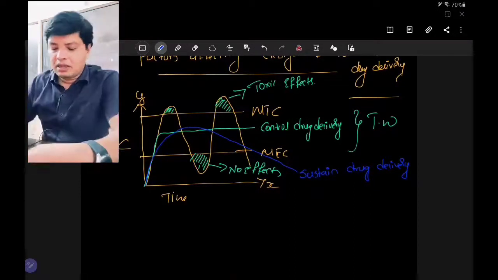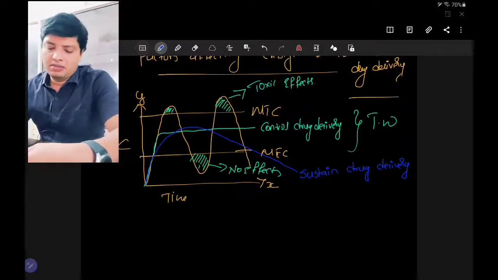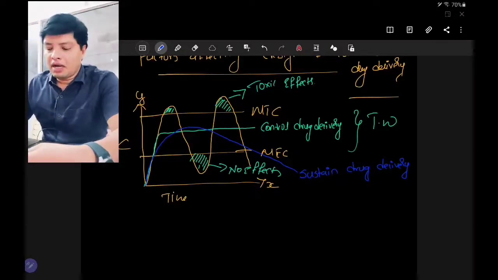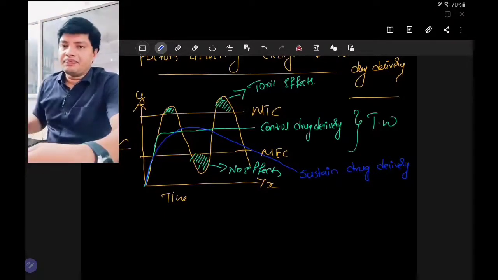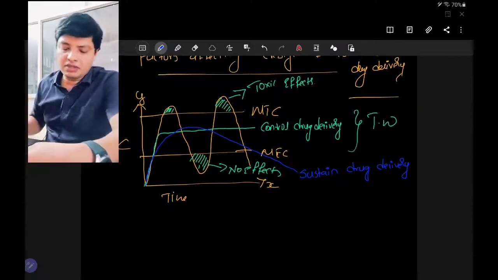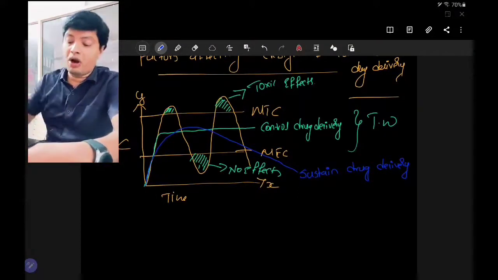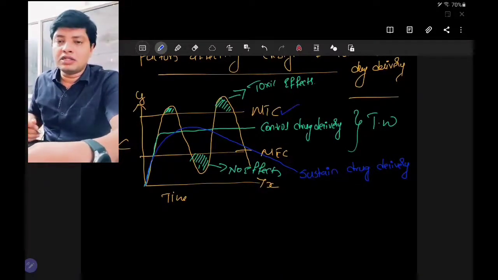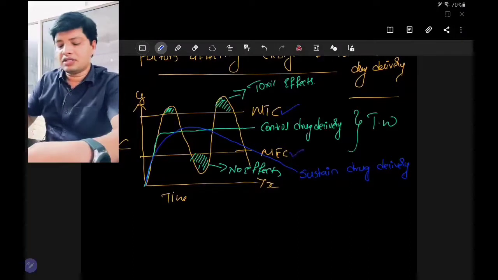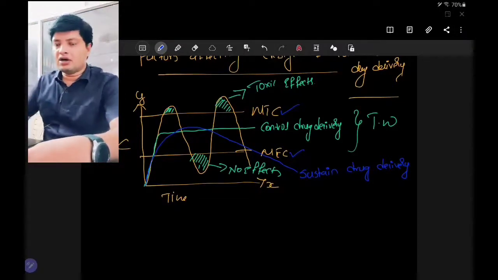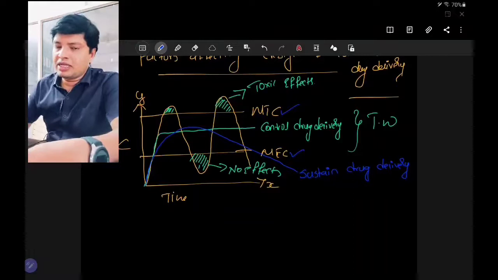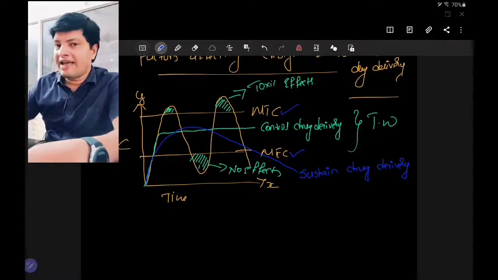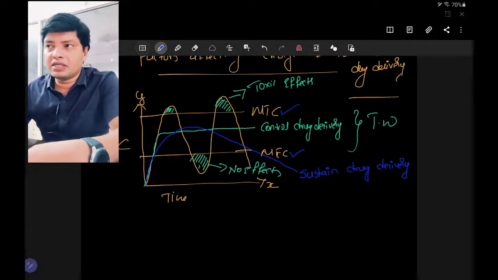Okay. So the rationale behind producing your controlled drug delivery system or sustained drug delivery system is this one. Because we have a problem in conventional dosage form, that is either the concentration is going beyond your minimum toxic concentration or the concentration is going below the minimum effective concentration, which in either case is not useful for the patient. So to increase the safety, to increase the efficacy, and also to increase the lifespan of a drug, or you can say dosage form.